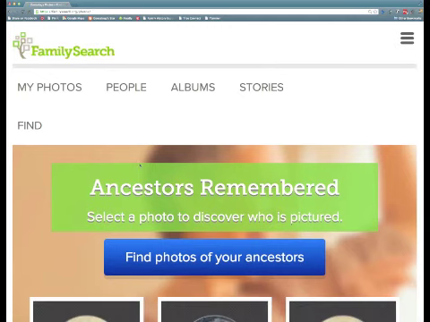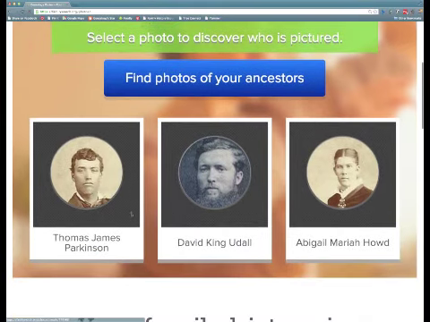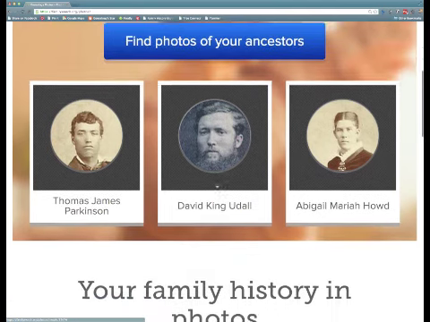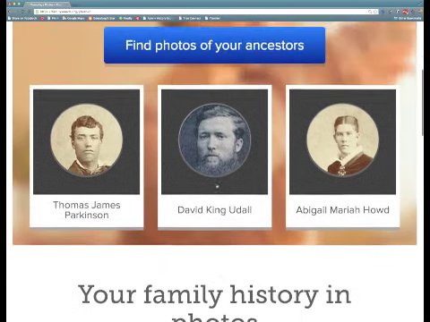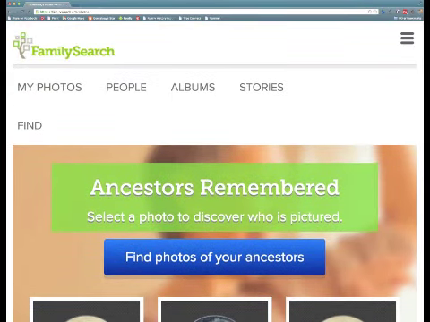Now, when you start up the Photos program, you'll see some selections of photos from all of those that have been uploaded by your relatives pertaining to your ancestors. If you don't know who any of these people are, there's a way to find out your relationship, and we'll get to that in just a second. But first of all, right here at the beginning, there's a large blue link called Find Photos of Your Ancestors. If you click on that link, it will take you out to the People screen,